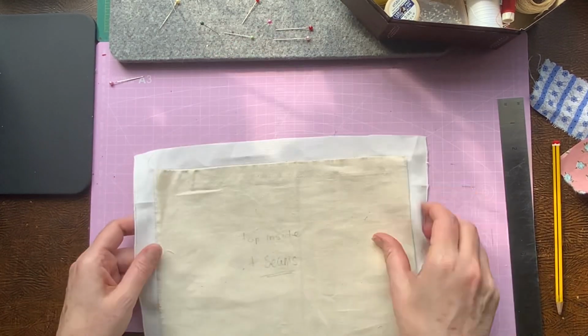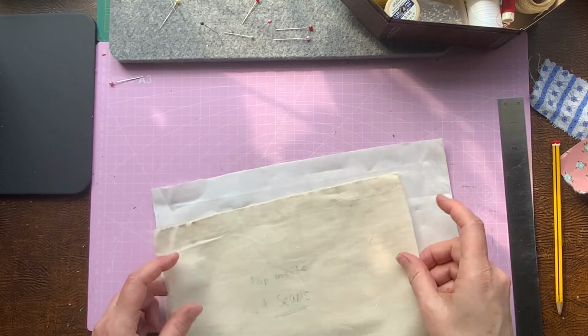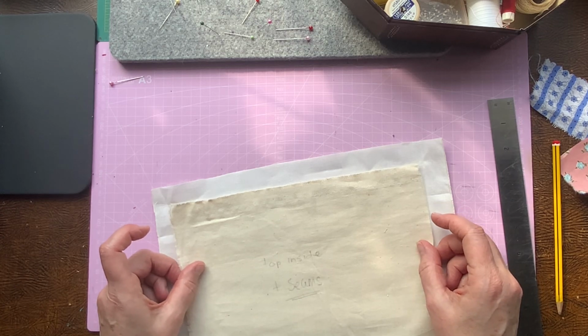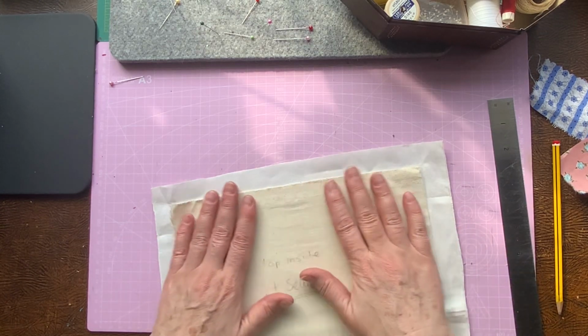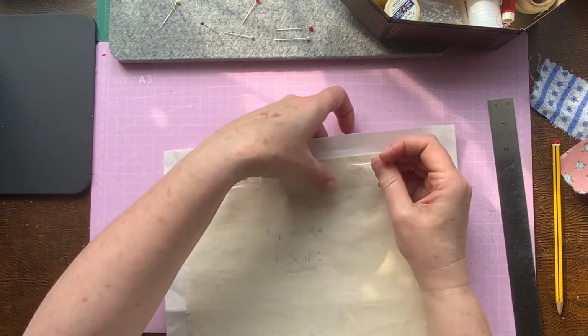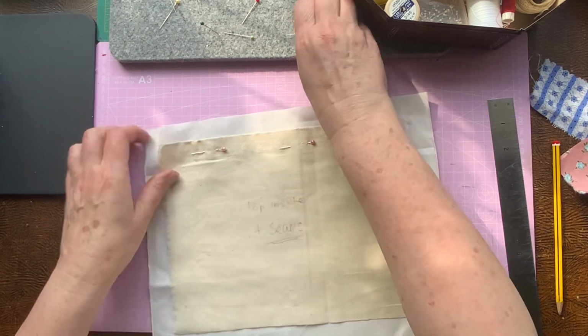Just to give it a little bit of strength. I'm going to just pop this back on for now because I want this on the back, just to give it a little bit of